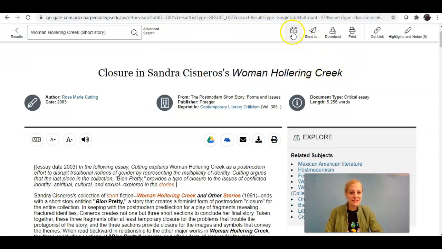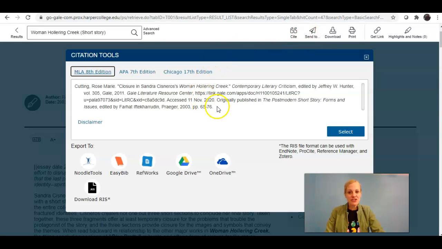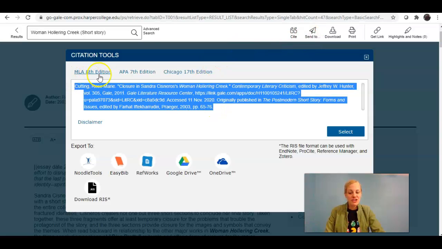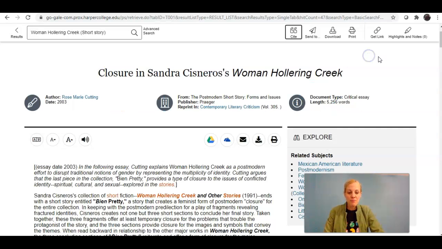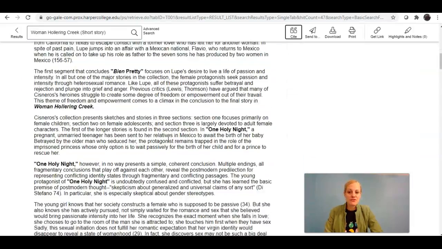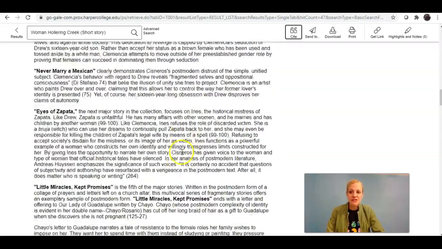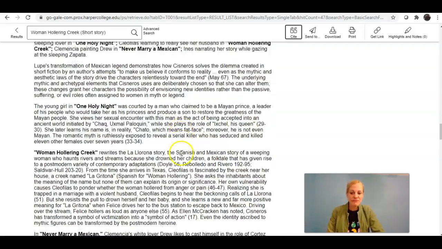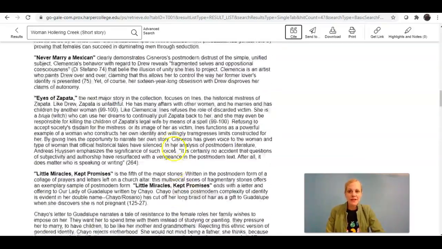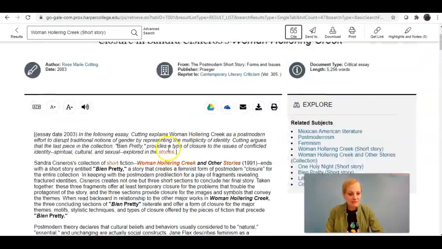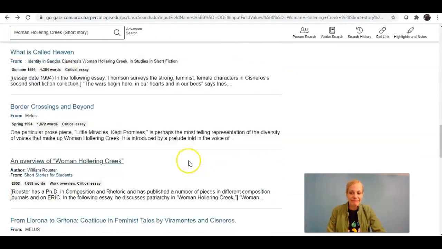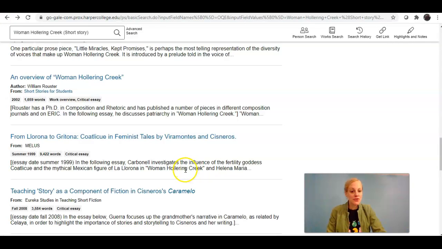You'll notice the citation information is right here. Make sure it's on MLA, highlight, copy, paste into your paper. Boom, your citation is done. You'll have to read these articles, find quotes, decide whether or not this is useful. But that's what you need. It's right here. Head back to your list of results, peruse these, and then you can move on to the